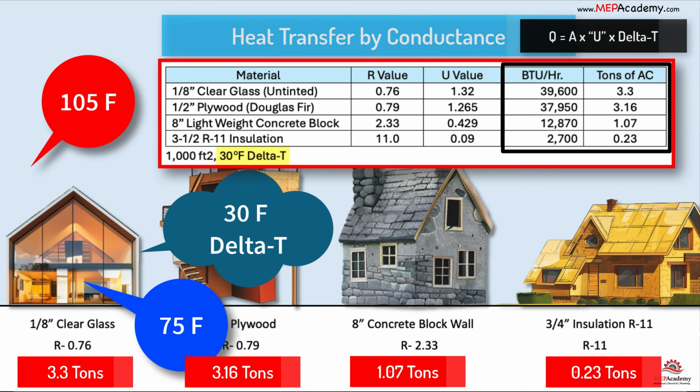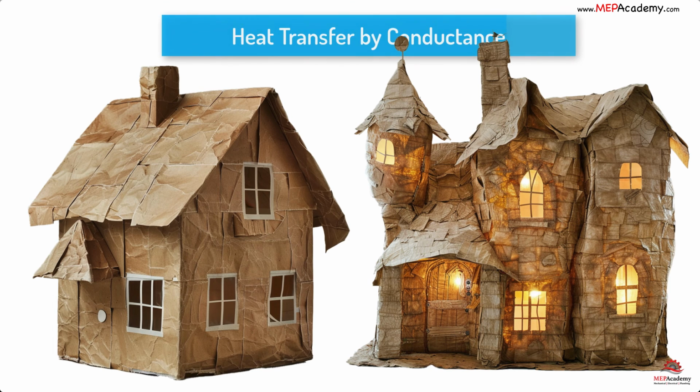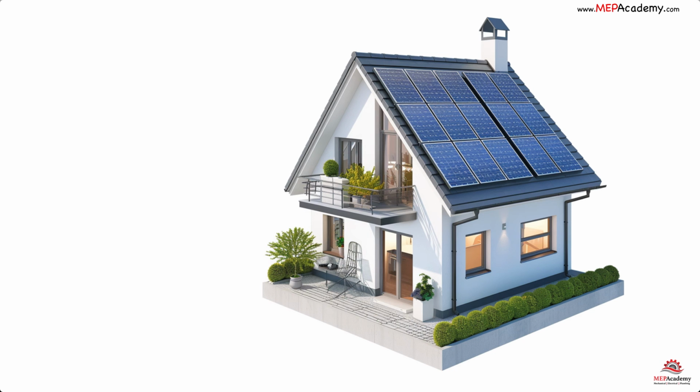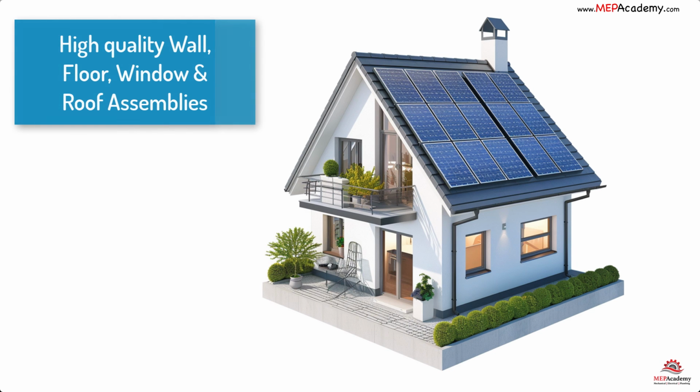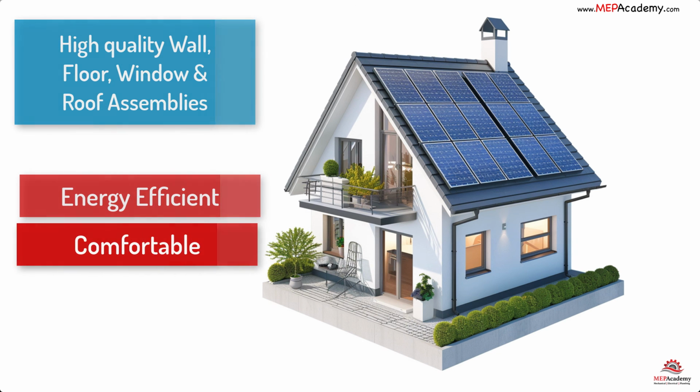Most energy codes have standard requirements for the total allowable transmission factor that can be used to construct a wall or roof for a space that is air conditioned. It wouldn't make sense to allow the heating or cooling of a space built with paper walls, as heat would easily enter or escape the space, requiring enormous amounts of energy to condition. A high-quality wall, floor, window, or roof assembly is essential to prevent heat gain or loss in buildings, ensuring energy efficiency and maintaining a comfortable indoor environment by effectively insulating against external temperature